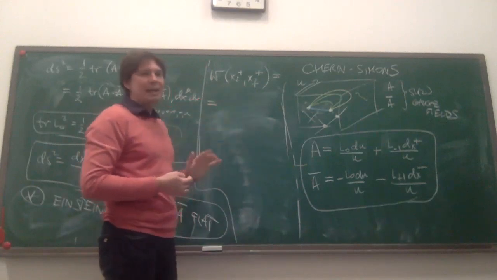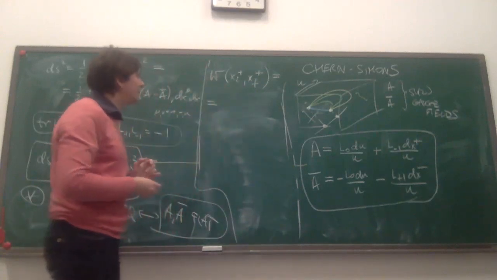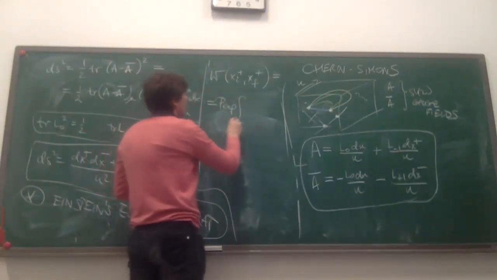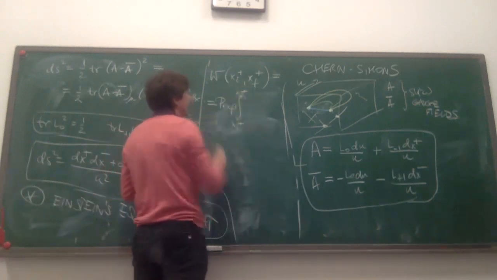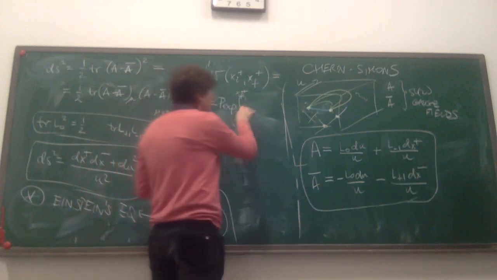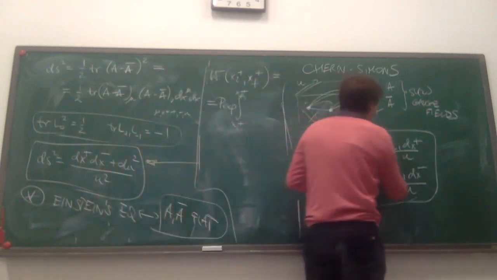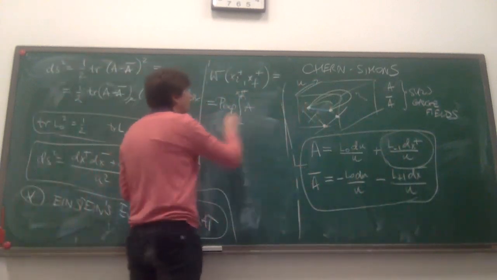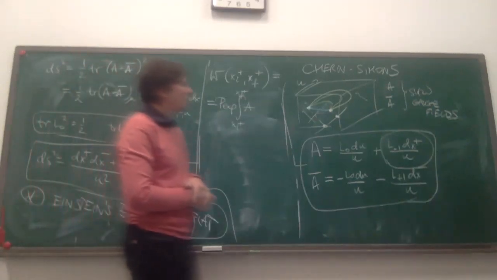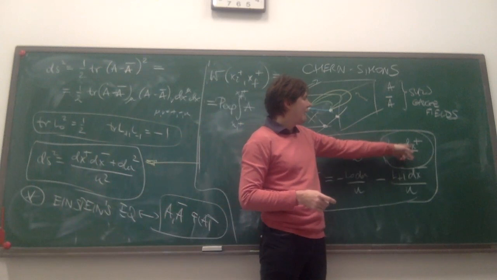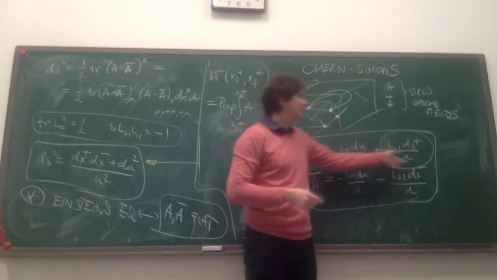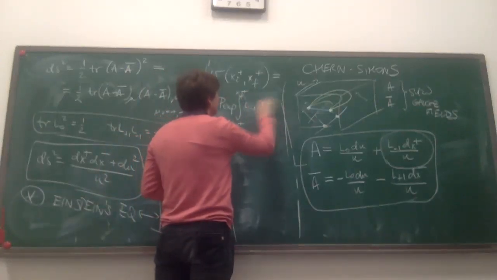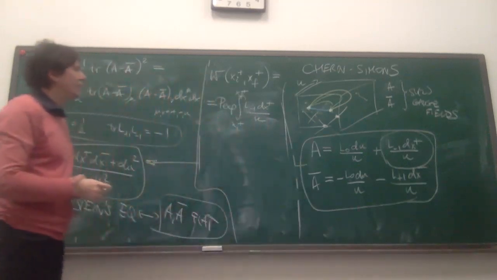But to capture the x plus dependence of the thing, I have to write a path ordered exponential from x_i plus to x_f plus. And here what I have to do is to insert this piece of A. In general I would have to take the path ordered exponential of A. But because I'm moving only along x plus, the A that I'm pointing in is just this component over here, which is L_minus1 dx plus over u. And this is my Wilson line.